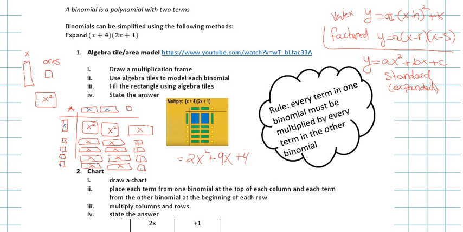Now, you have to be careful when it comes to negatives, right? Negatives and positive, they cancel each other. Okay? So I'm going to just create another example here with a negative. So let's say if I have x minus 1 times 2x plus 3. Okay? This is an example with a negative in it. So when I do this,